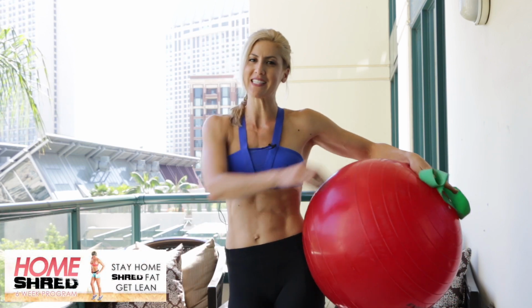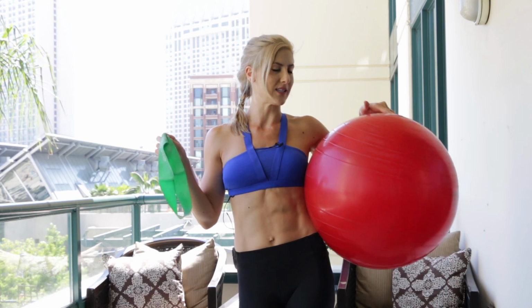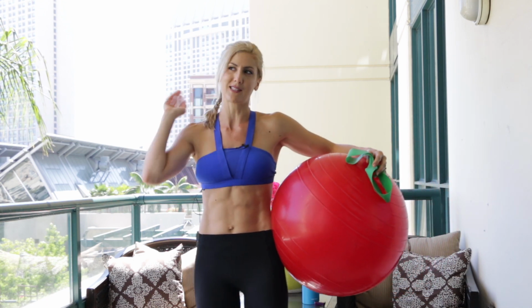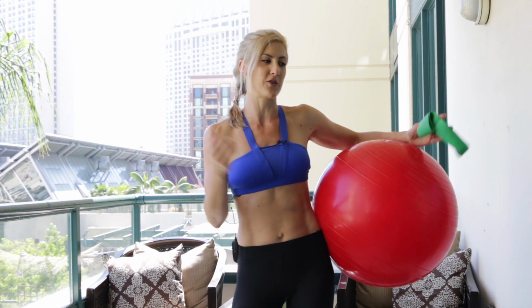This is workout number 8 today. I've got two tools for this one. It's a Swiss ball and a resistance band. So I will make a note to show you guys what to do if you don't have either of these, because this workout can still be done body weight only in case you're traveling or you just don't own these